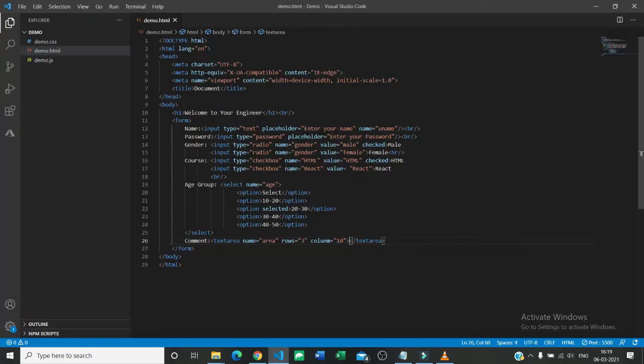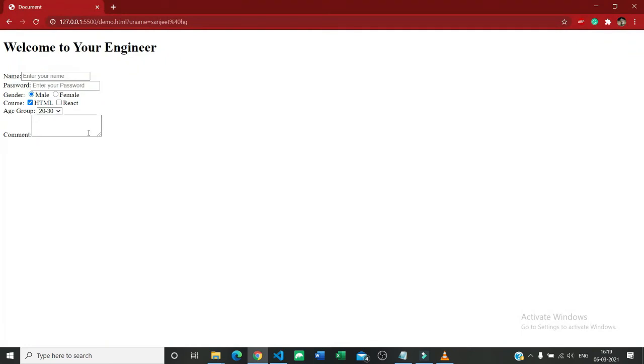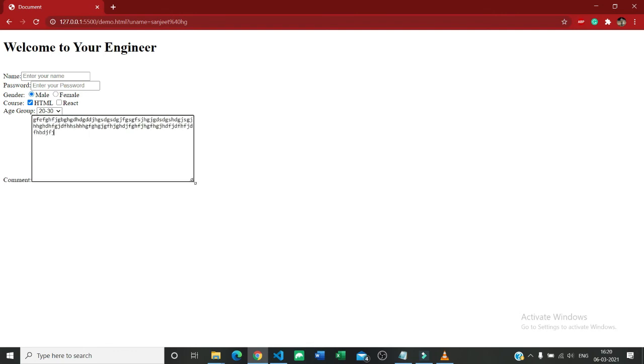I am using BR here again. Why I'm always forgetting BR, I don't know, but you try not to forget BR. So here it is, and I can write whatever I want. It will show a maximum of 3 rows, and after that it will appear as a scroll bar, where you can scroll, and you can expand it as much as you want. So that is how text area works.